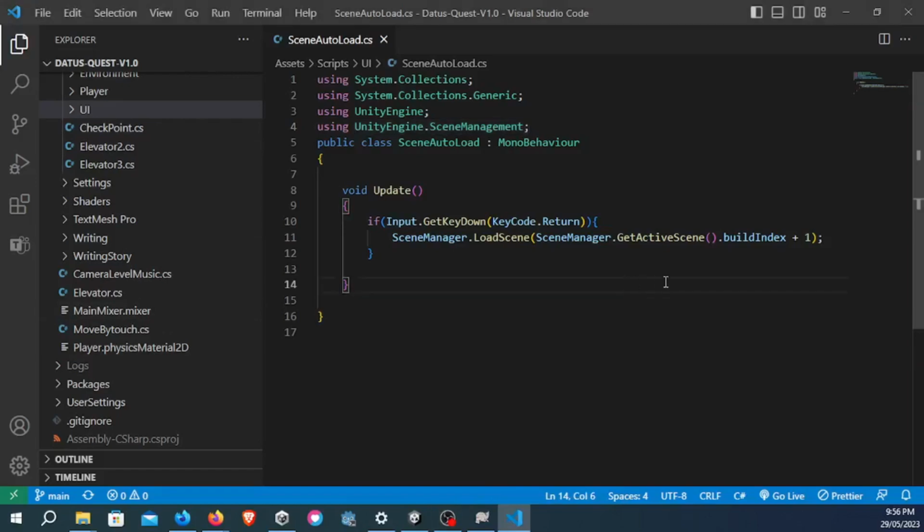Okay everyone, so for today's day 29 game devlog for Datus Quest, I just wanted to share here the scene autoload that you can use in multiple scenes for skipping some scenes automatically by running this code. And I actually use this in